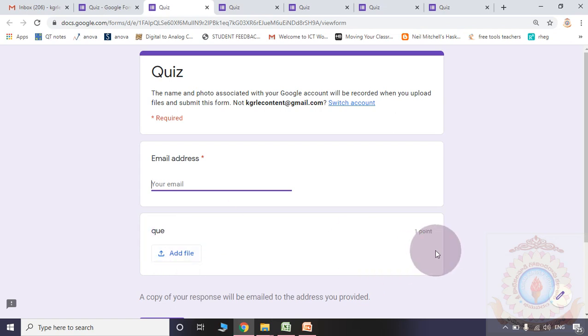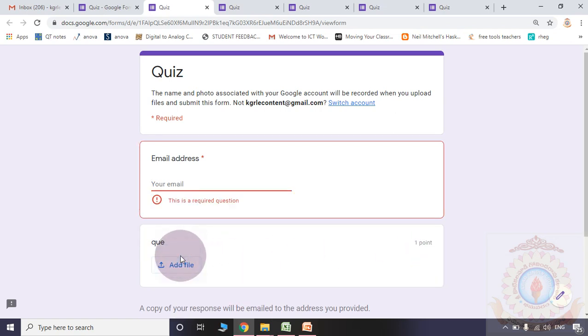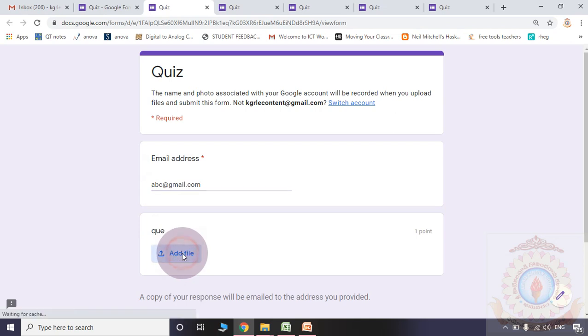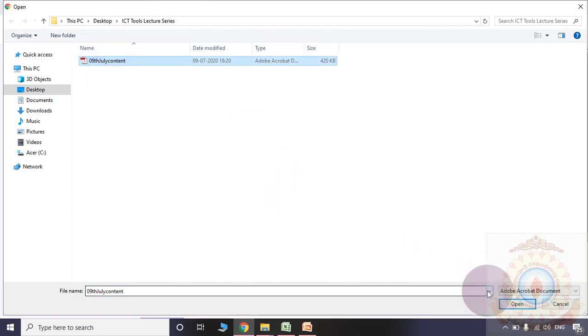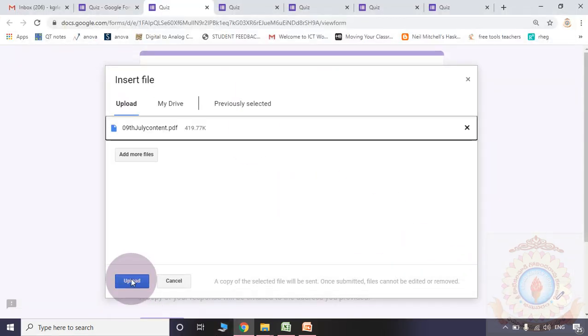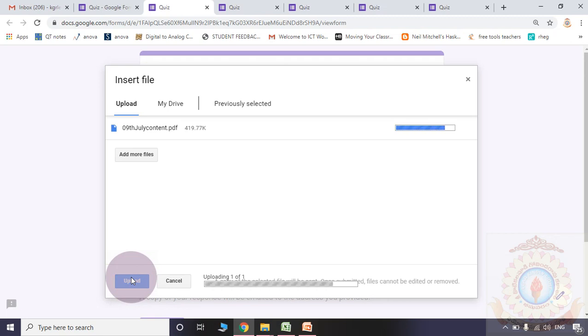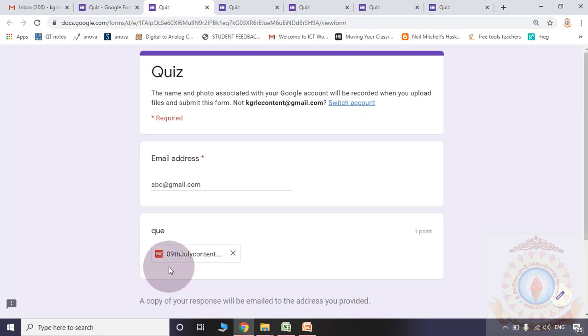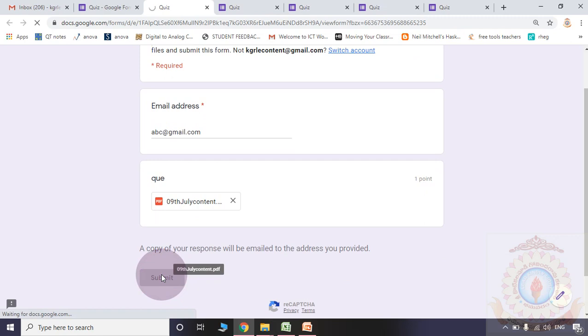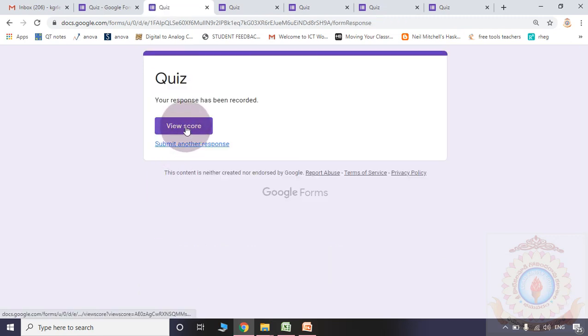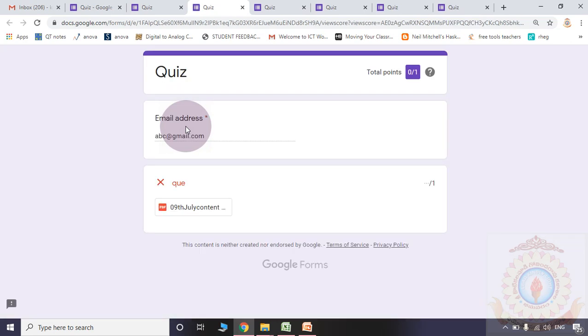After uploading the file, automatically they will obtain points. Please observe here, 0 by 1, 0 by 1.